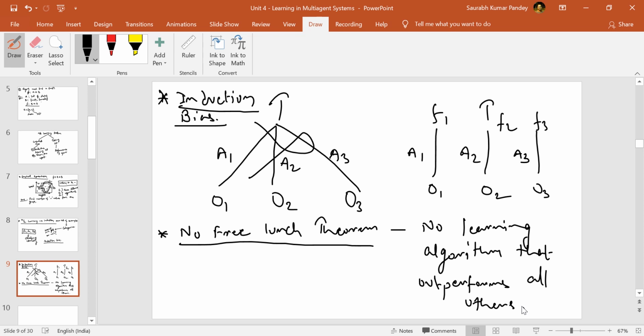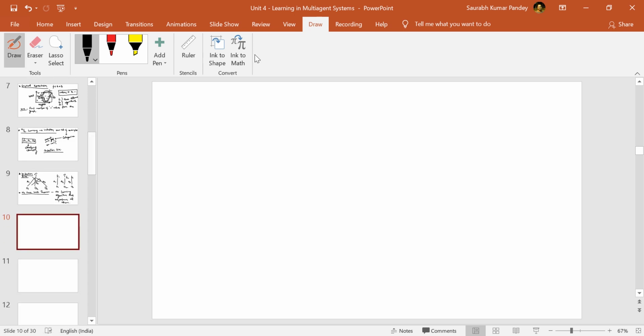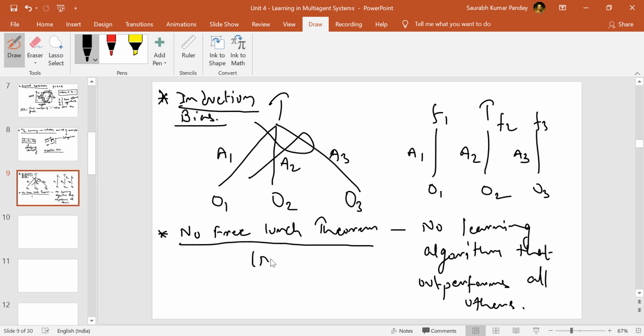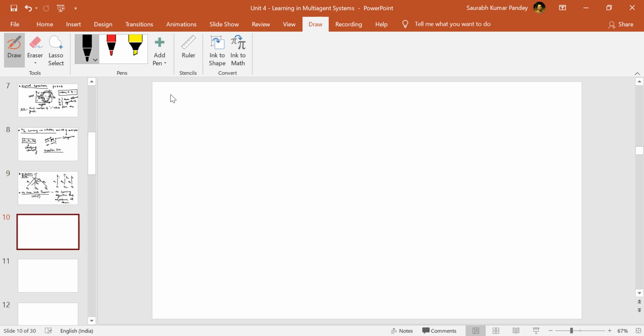Okay. However, I am telling you, given a situation, you can say that. Given a constraint, you can say that. But in a generic form, you cannot say that. Fine. So that's the concept of the no free lunch theorem. So let's write this in a more proper way. I am denoting this as NFLT. Okay. So what is NFLT?